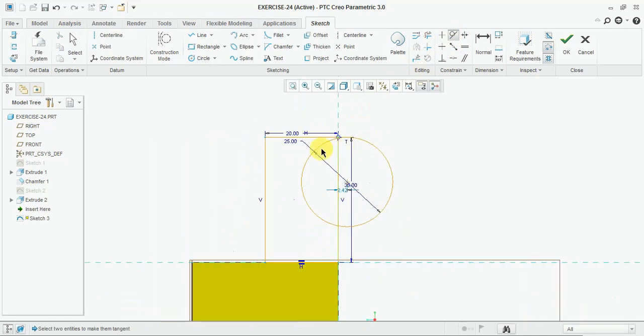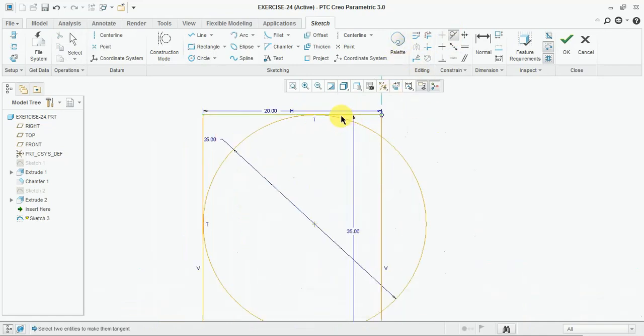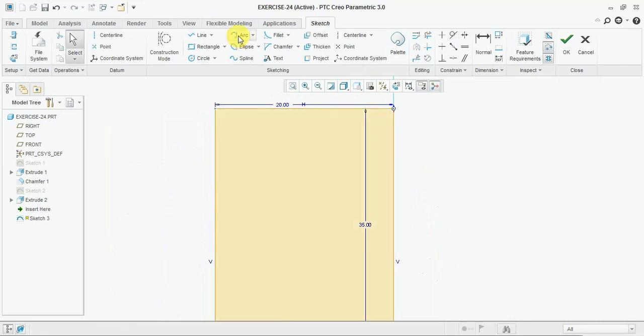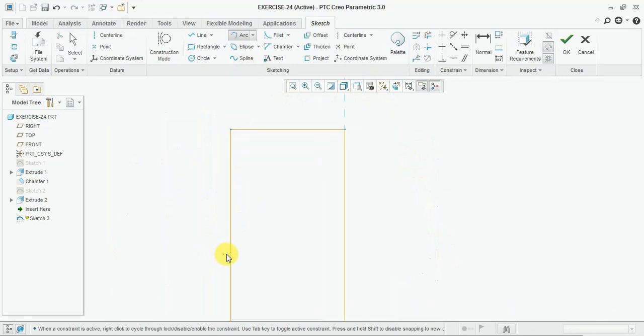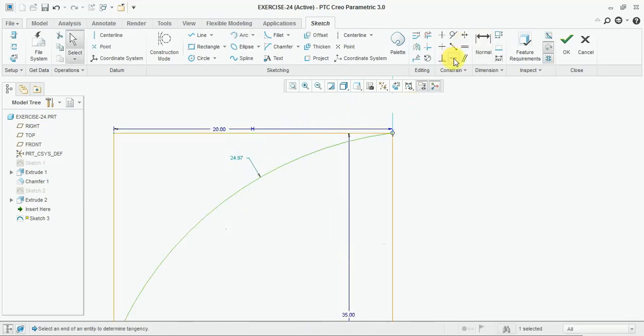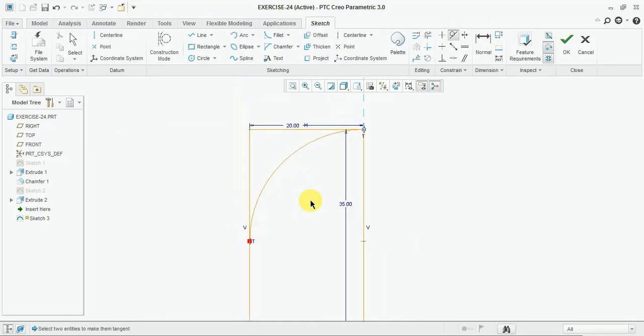tangent to this edge and this one. Now this one is not a proper radius, so delete this one. Now select the arc, select arc, make it tangent, select tangent, and from this one tangent.